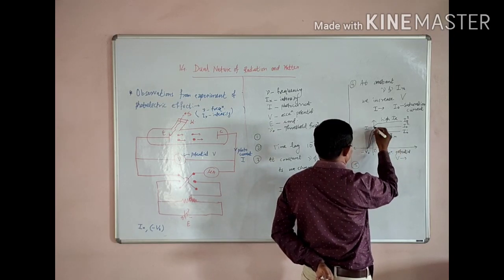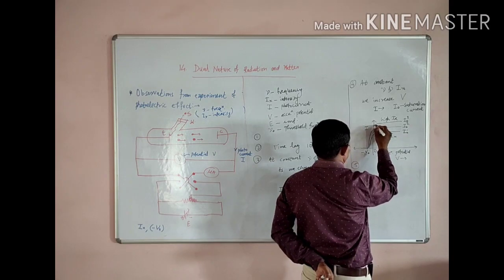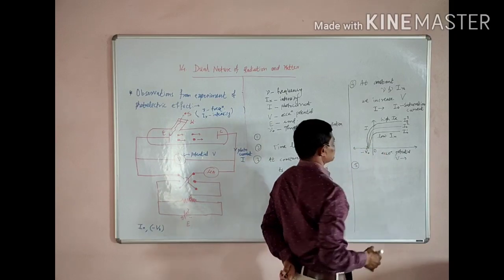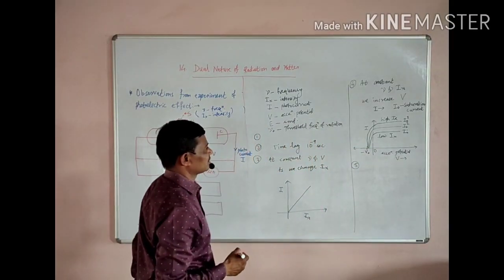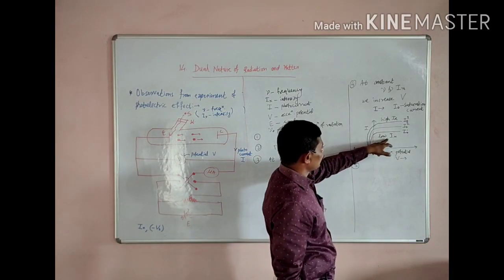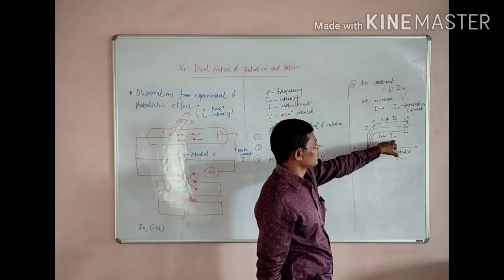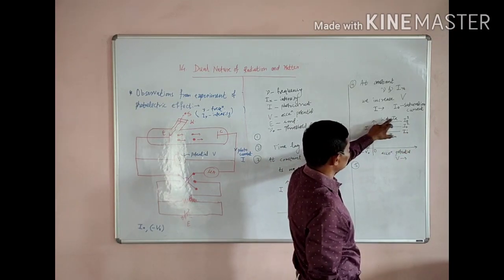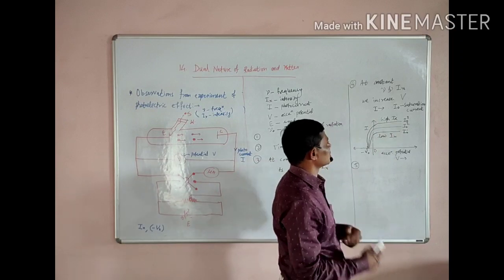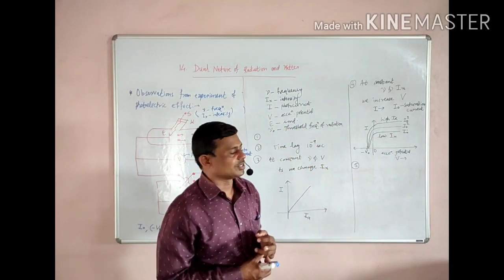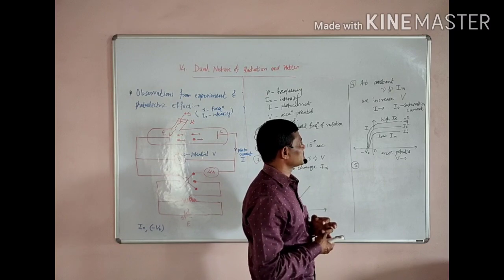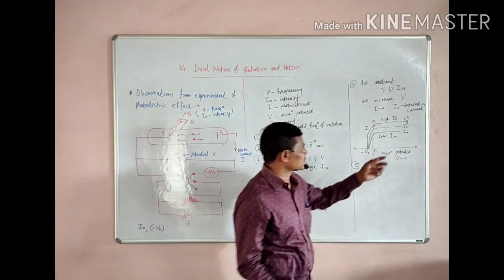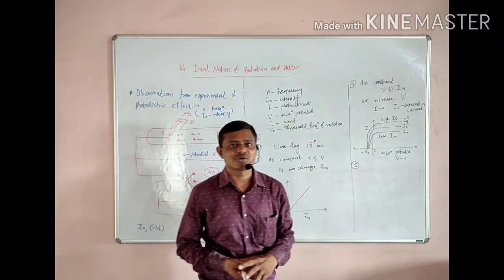And if we apply a retarding potential, then the stopping potential is the same for the same metal. That means if the intensity is low, the saturation current is low. If the intensity of radiation goes on increasing, then the saturation current also goes on increasing. That means it is a proportionate increment in the saturation current. If the intensity is doubled, then the saturation current is also doubled.